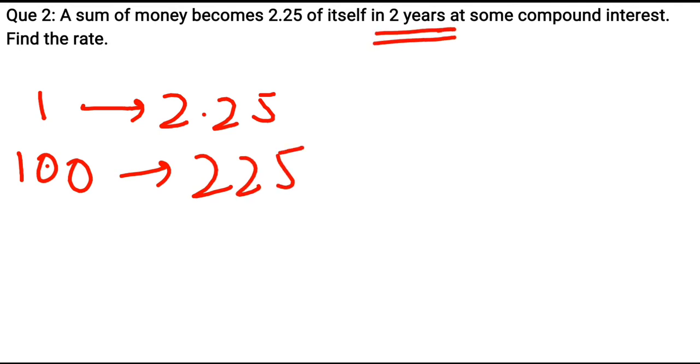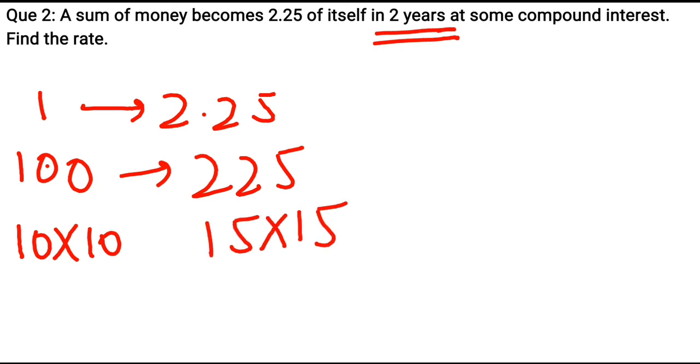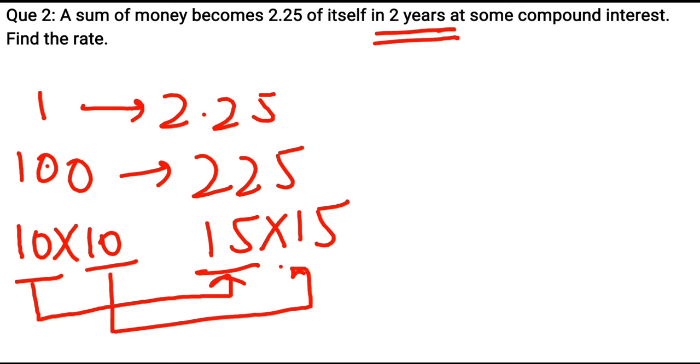Now since it is 2 years, here we have to convert this into this form. Is it clear? Now in the first year, it becomes from 10 to 15, and in the next year it becomes another 10 to 15, but we have to take just one. 10 rupees becomes 15 rupees. Is it clear so far, everything? Now again come back to that topic. 10 rupees becomes 15 rupees in 1 year.